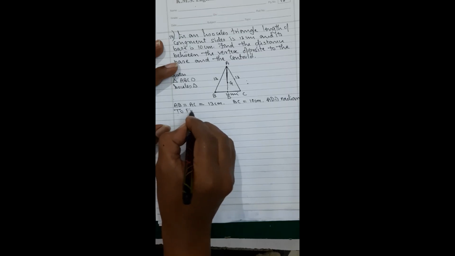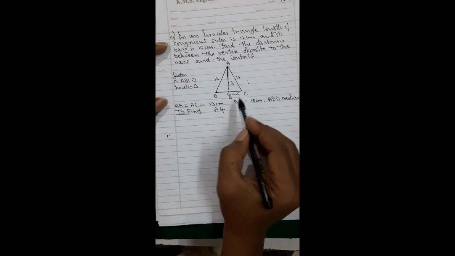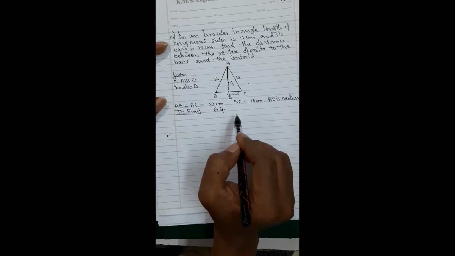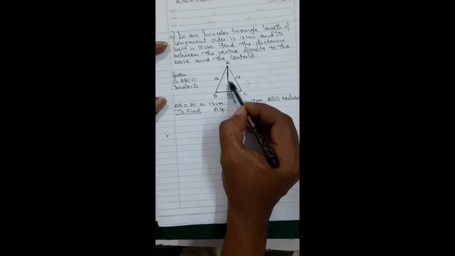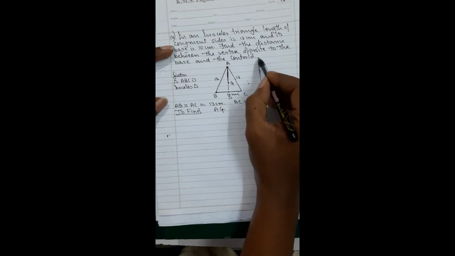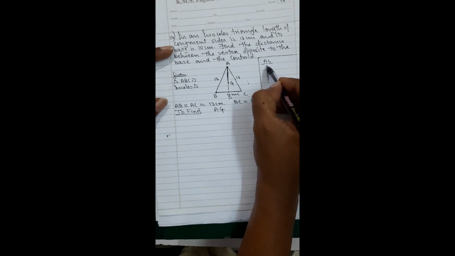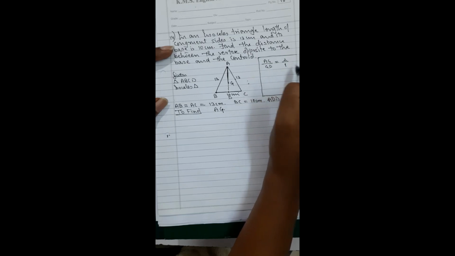To find AG. This is what they are asking us to find. Fine. So basically, if I go further to find this, I know that AG upon GD is equal to 2:1. This is my rough work. I am trying to explain what I am thinking. AG upon GD is equal to 2/1. So whenever a ratio is given, AG is to GD is equal to 2:1.